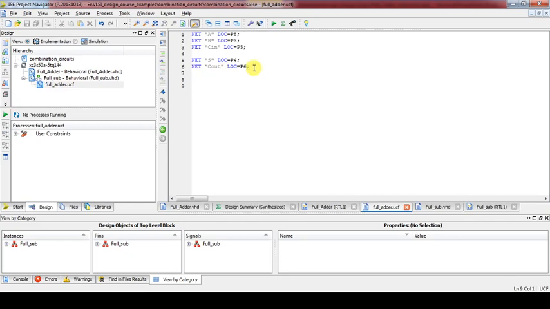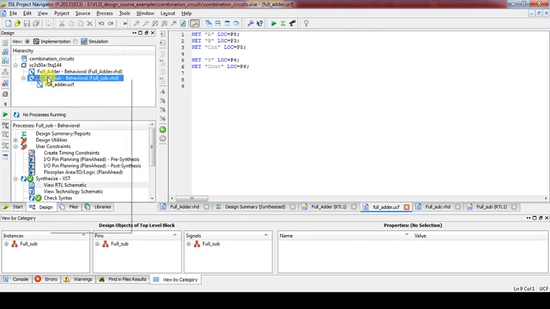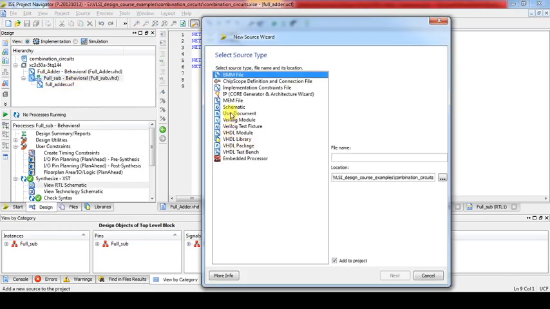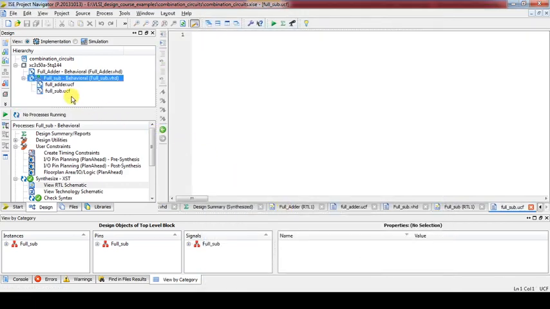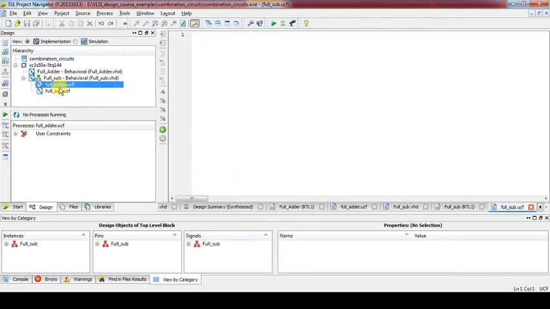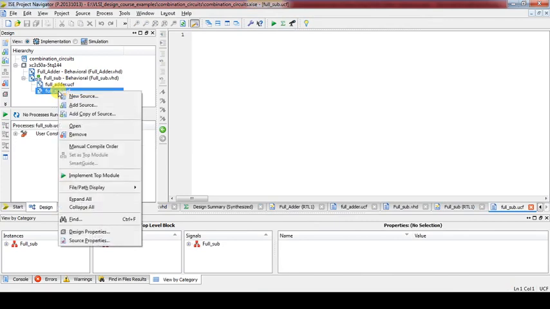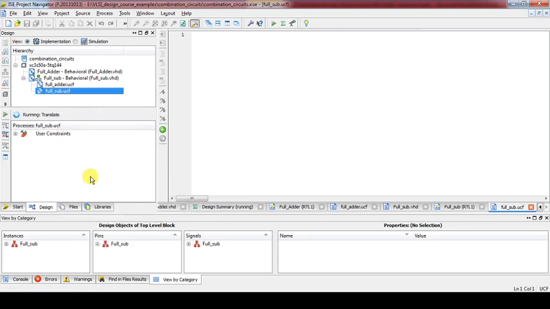So what I am doing, we'll do a new file, new source, implementation constraint file, and this is for full subtractor dot UCF, enter, finish. Here two files will be shown, so we have to make this as implement, sorry, file path.